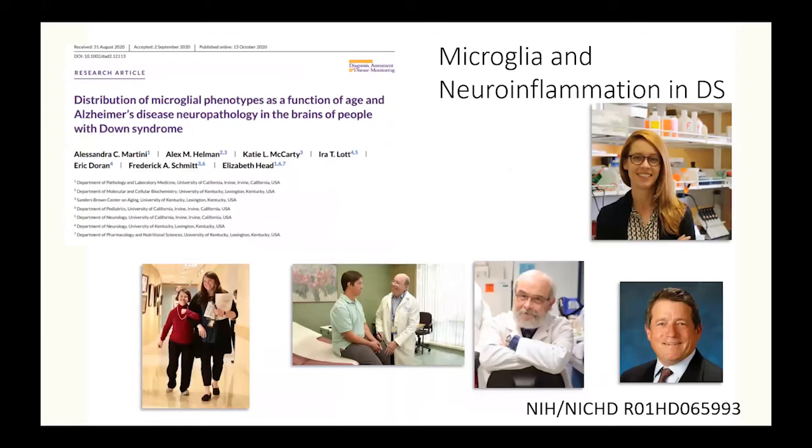And again, when you looked in the literature, there were scattered reports of people looking at microglia in Down syndrome brain with very small sample sizes, 2 or 3 cases. They tended to be end-stage cases. So far, it looked like things were the same, but there really wasn't a good systematic study of this and an understanding of how it might change with age. And so this was another study that Alex took on at University of Kentucky.